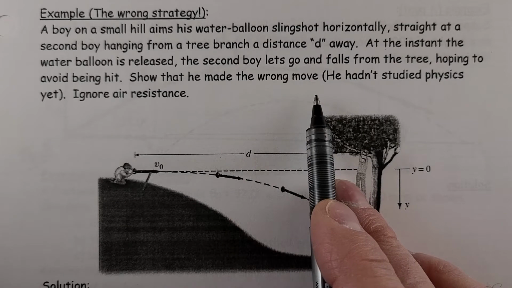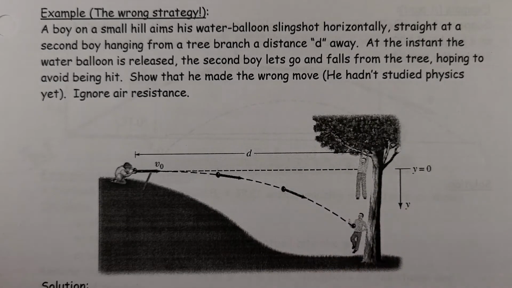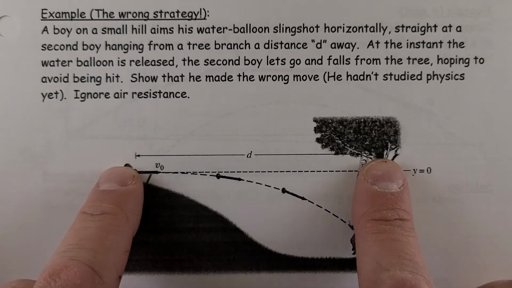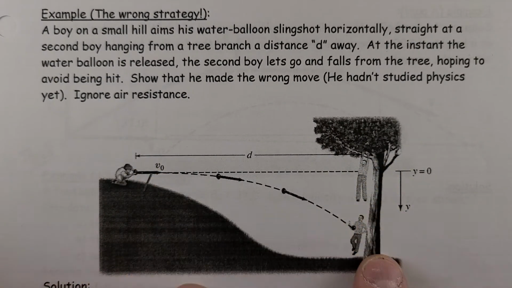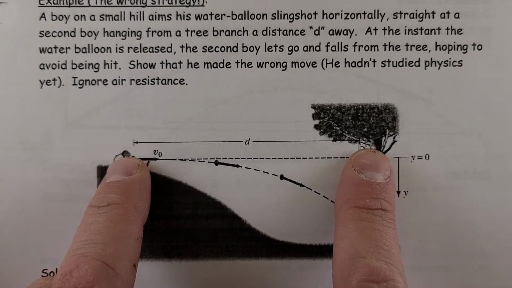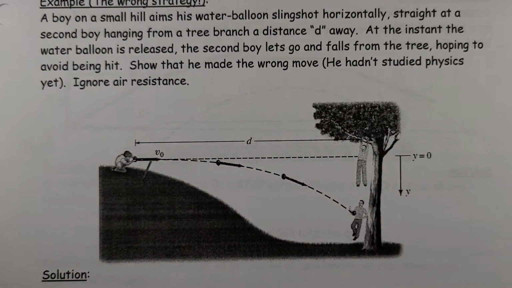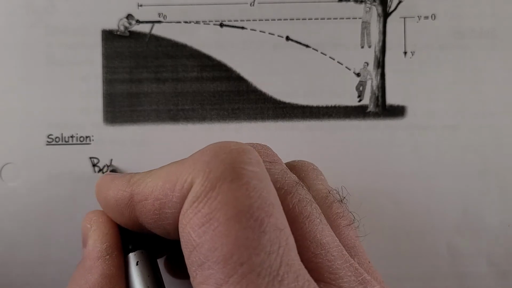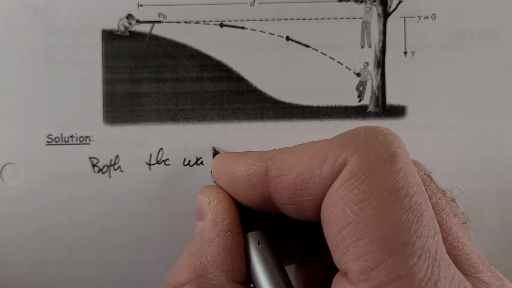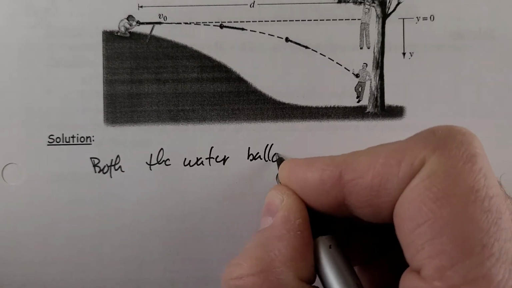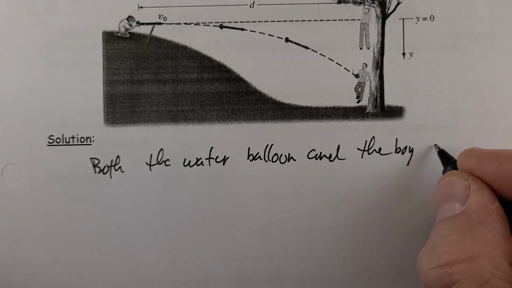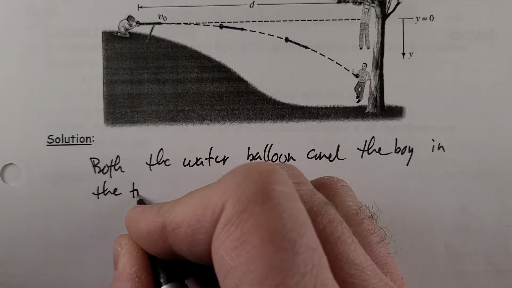So he made the wrong move. Of course, we know that he made the wrong move, assuming that this water gun can actually shoot this far, they will fall at the same rate. It's really like that motorcycle question. They'll fall at the same rate if they're starting at the same height. So we should likely mention that both the water balloon and the boy in the tree